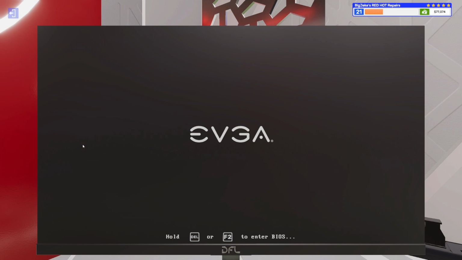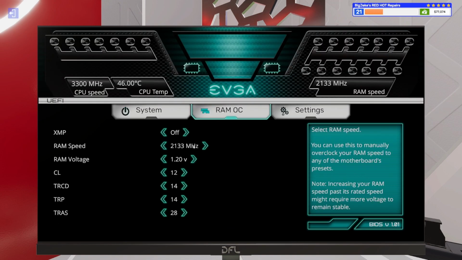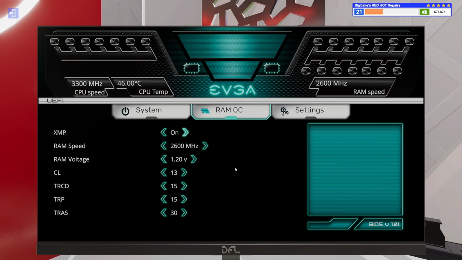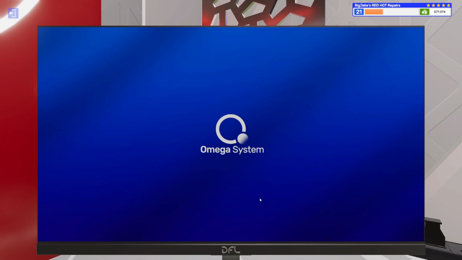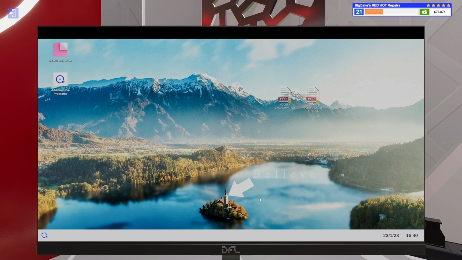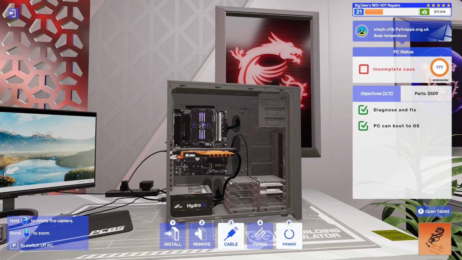I do want to hop into the BIOS and see if they need XMP turned on. They're at 2133, so to get to 2600 or 2666, I think it was, that means this board tops out at 2600 speed. That's fine. Let's let this thing boot up, see what happens. Is it gonna boot? There we go. Okay, I think